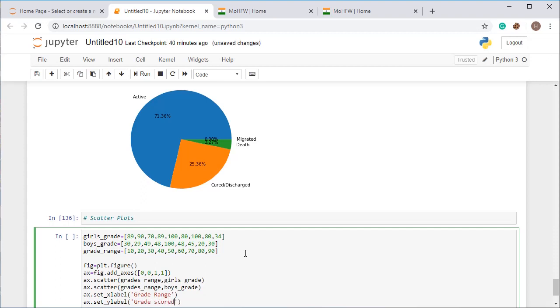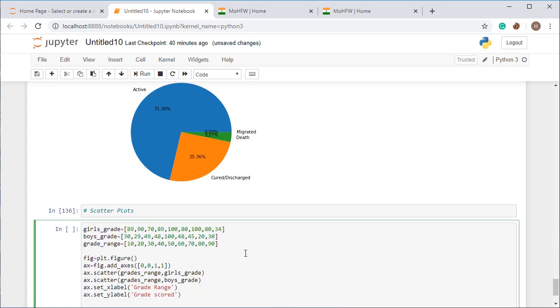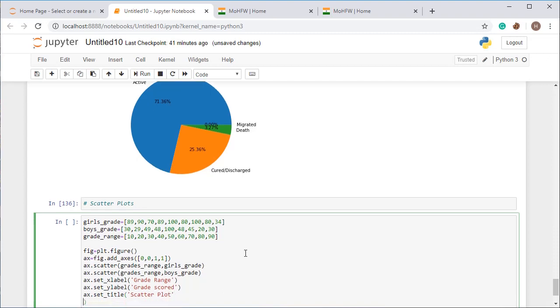I'm not adding any other details. You can set the desired details as per your desire to the graph. I'm just setting the x-axis, y-axis, and this thing. You can also set the legends. So for that, I'm leaving it up to you. I'm just adding a scatter plot as title. Now I want to plot this graph, so I will use plt dot show,